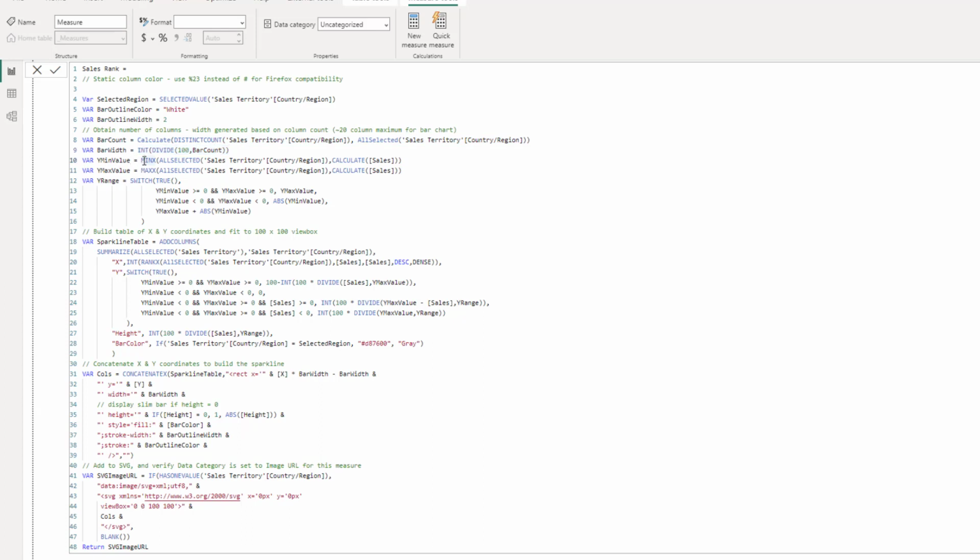We have to calculate the min y-axis value and max y-axis value. By the way, a lot of this, I looked up David Eldersveld's information from 2018, I think, and then used it to adapt it to what I needed. So this is a calculation that's getting the range of the y-axis, and then we build a table. So sparkline table, we're getting all selected sales territory,